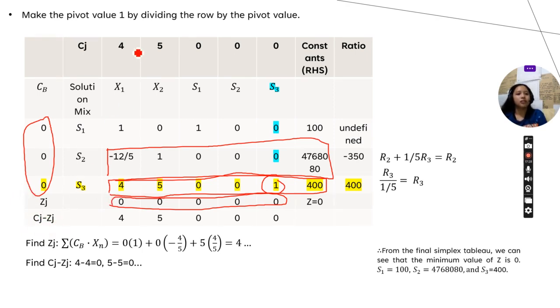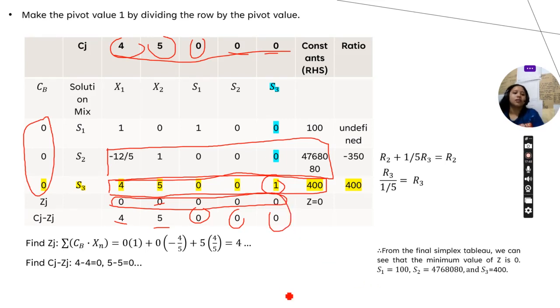To get the Cj minus Zj: 4 minus 0 is 4, 5 minus 0 is 5, 0 minus 0 is 0, 0, 0, 0. So the next step is to check the Cj minus Zj if it is greater than or equal to 0. Since there is no negative value here,